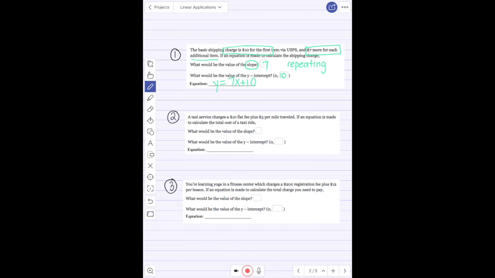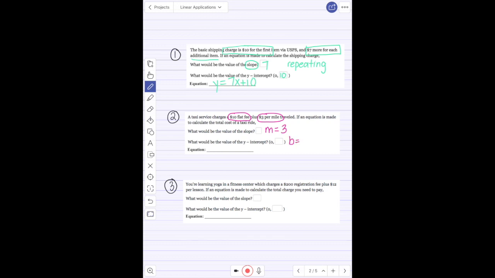All right, number 2, I talked about an example just a second ago with this. A taxi service charges a $10 flat fee plus $3 per mile. If an equation is made to calculate the cost of a taxi ride, then what do we have? So we have a $10 flat fee and $3 per mile. So the slope is my repeating value. My repeating value is the $3 per mile. So a good indicator for what is your repeating value are words like per or every or for each or additional. So those kind of phrases are going to tell me that I'm going to keep paying those over and over. So then my